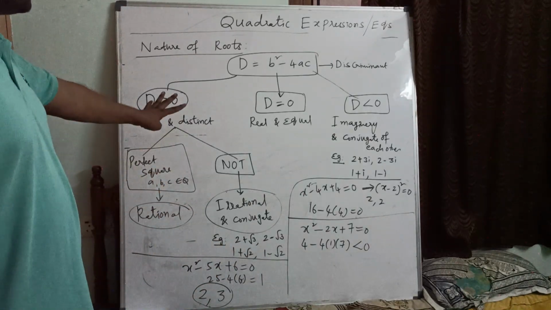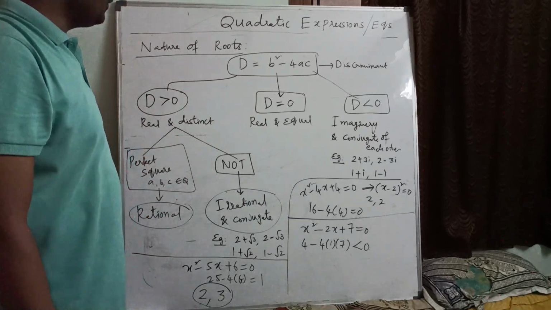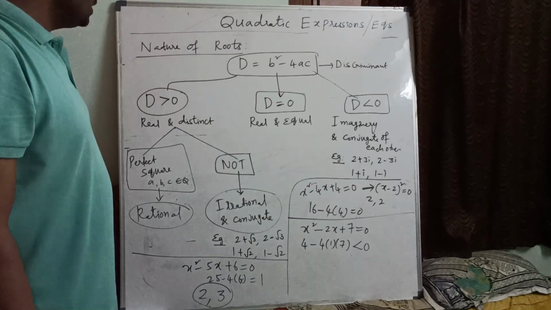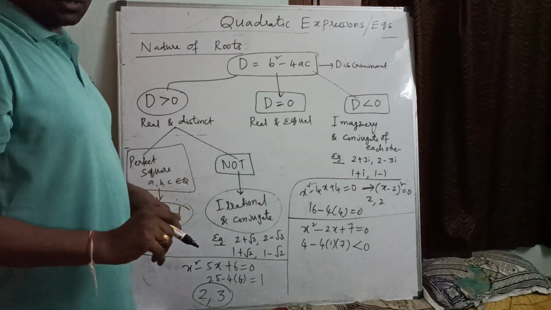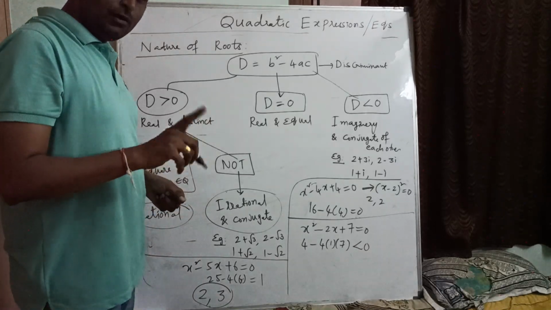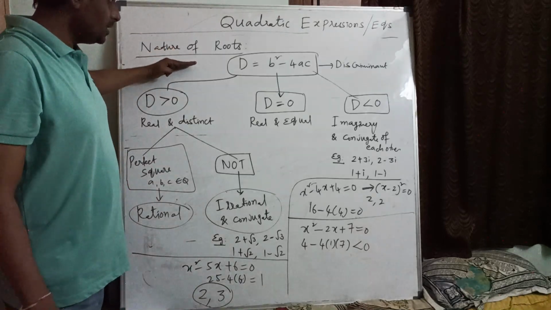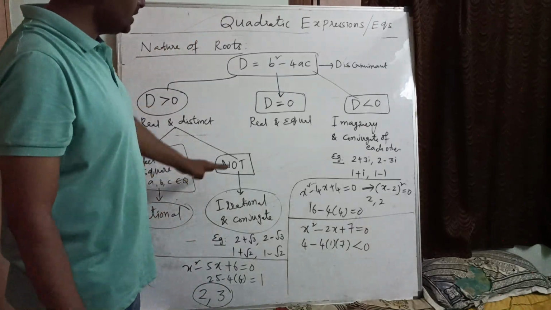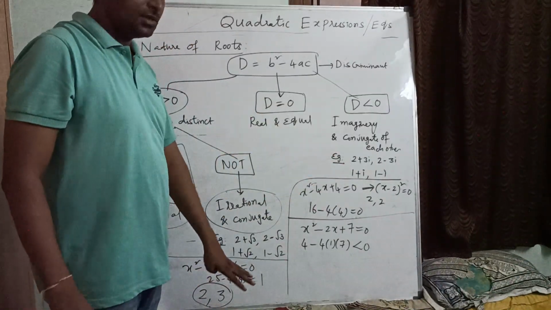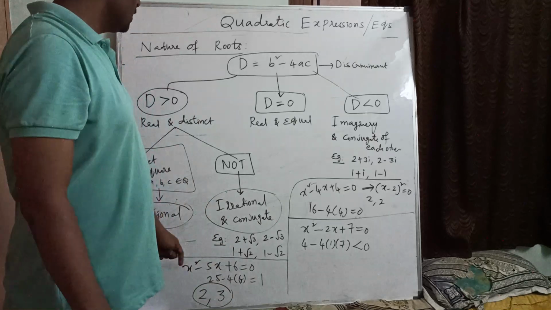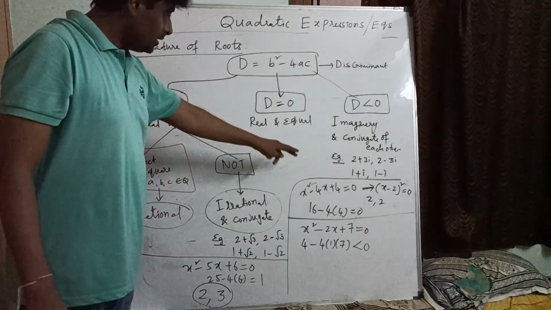So this is the concept of quadratic equation, their form, sum of roots and product of roots. We have learnt how to find the quadratic equation by using the roots, and how to find the roots by using the quadratic equation. After that, nature of roots. When b square minus 4ac is less than 0, roots are imaginary and conjugate. See the example there. Whenever b square minus 4ac equal to 0, roots are real and equal.